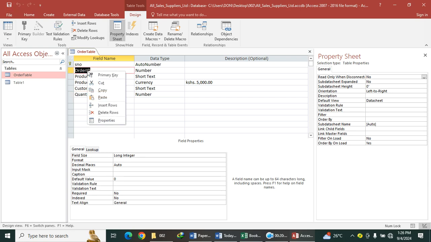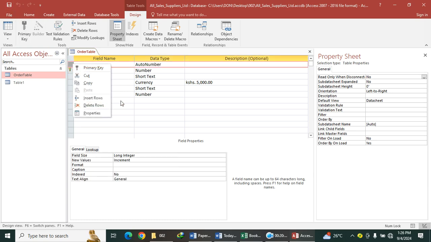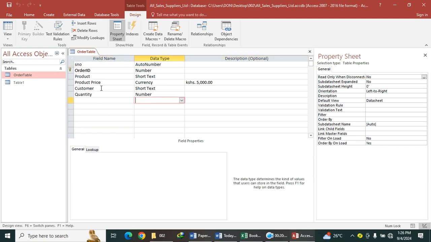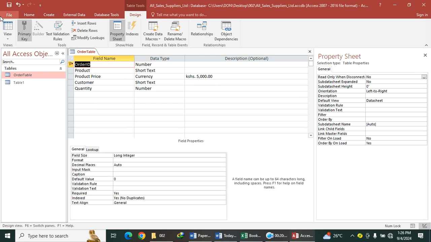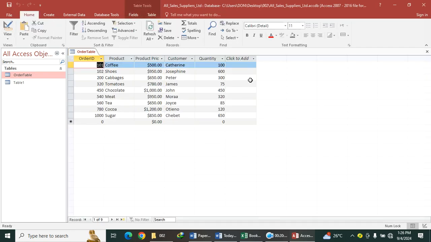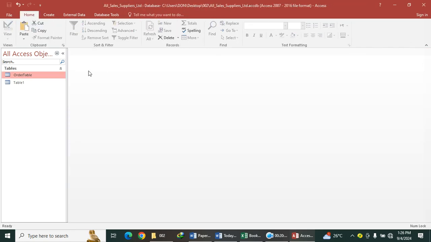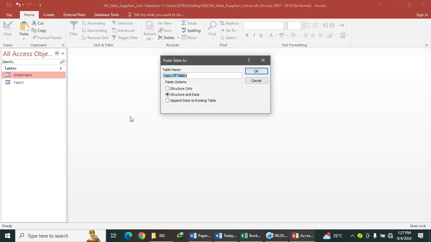So I need now to change this order ID to be my primary key for that table. I don't need this serial number, but it can still remain there since it's my creativity, but I can still delete this one. Now I have that table. Again, I paste. This time I have the supplier